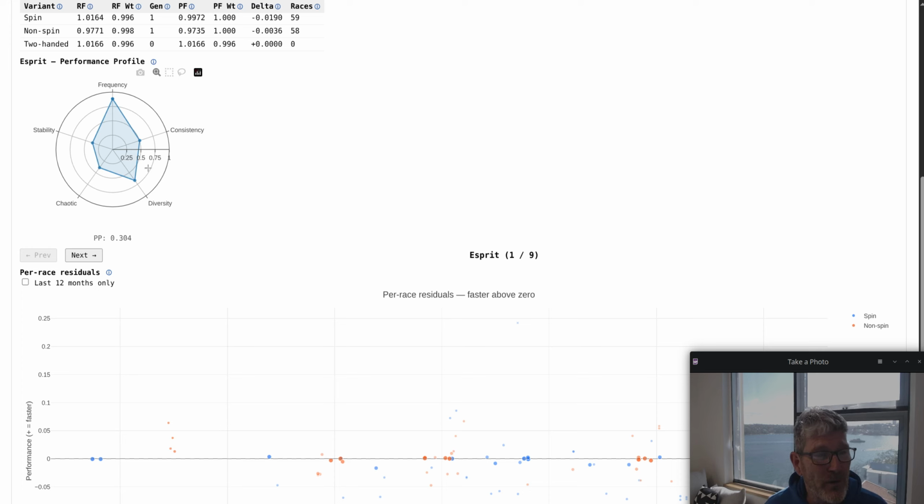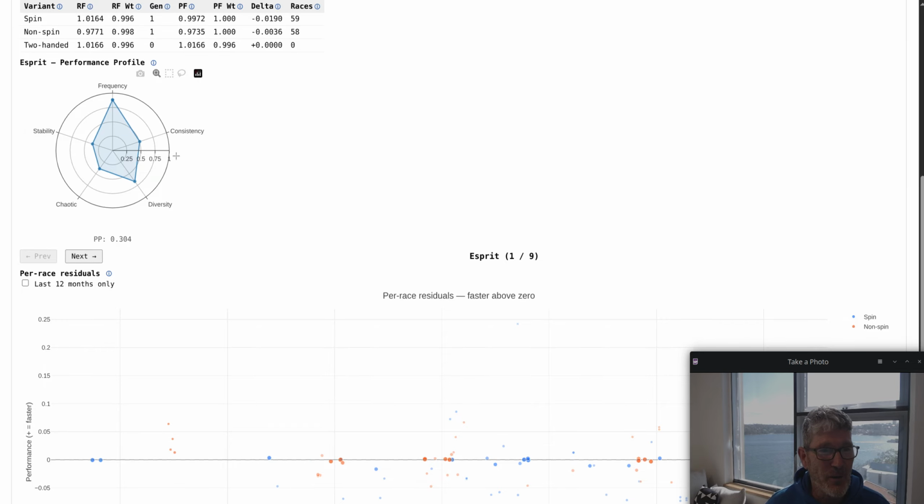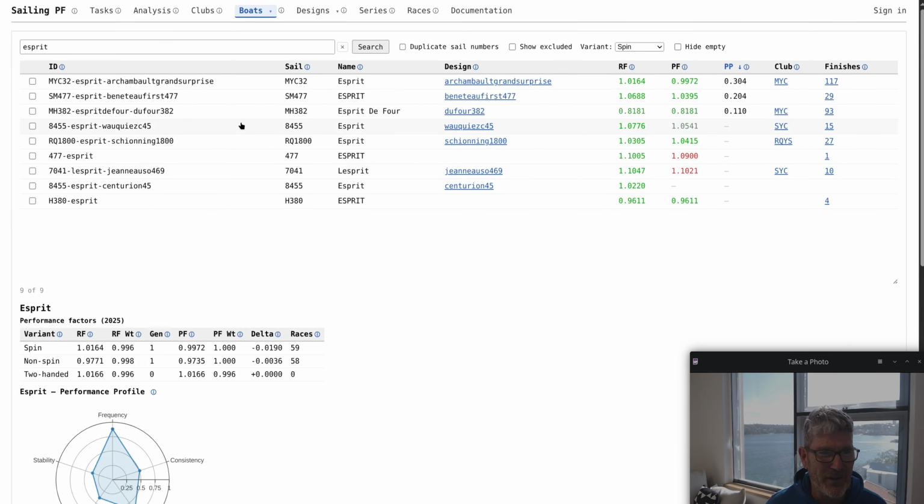So we rank all the boats on these 5 factors, and the area that you get of this pentagon is the performance profile of your boat, and the bigger the better, obviously. It's just another way of looking at a boat and saying, is this a well-sailed boat? One of the key things I'd really like you guys to look at with this tool is